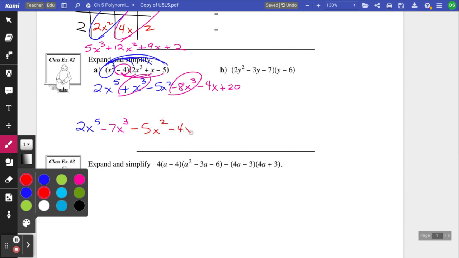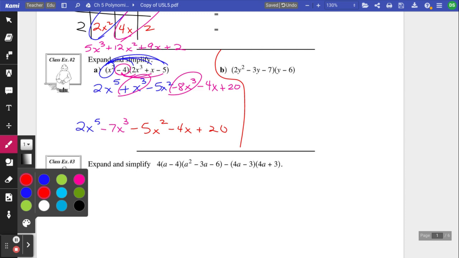In descending powers of x, notice that my highest power goes first and I work my way on down. Okay? 5, 3, 2, 1, 0. Yeah? Not anything different than yesterday. It's really not. It's exactly the same. Okay. For part B,